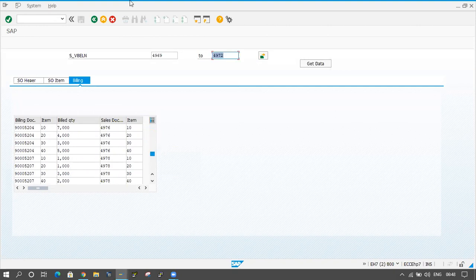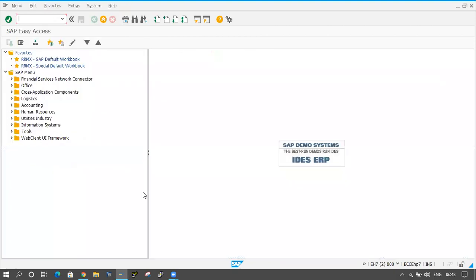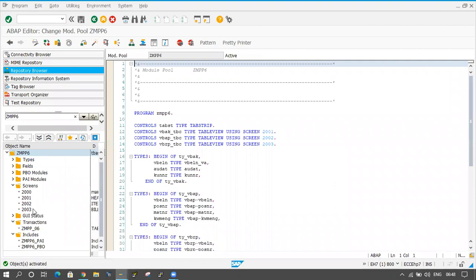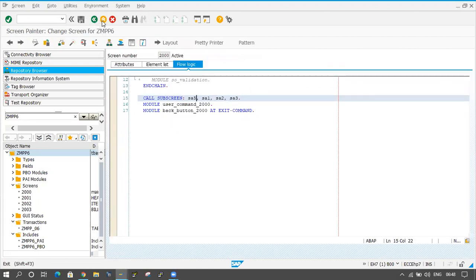Okay, this is the select options, and how to validate the select options here. Now you cannot see the screen number. So in the back end, the 2004 will come in the screens folder, but we cannot see that one here. And if you cannot see, then how can you validate that one? We have to validate that one, right? So if you want to validate, then in the PAI of that screen, we have to do the validation, right? But here, I'm not able to see the 2004. Fine. I will take one more program here, one more scenario.